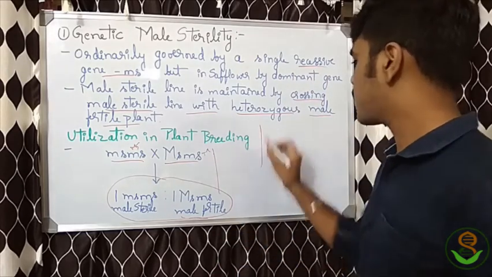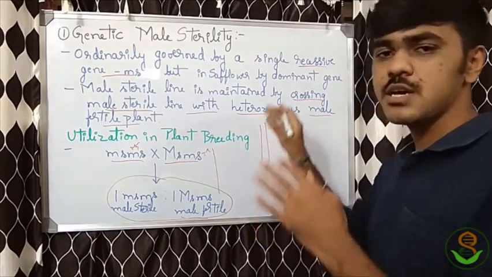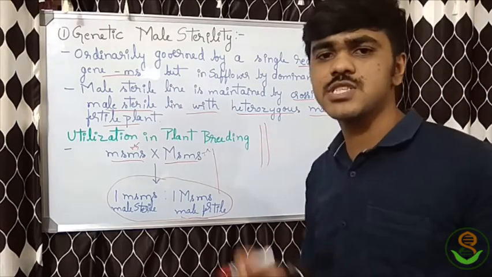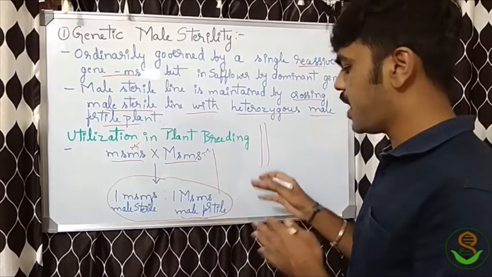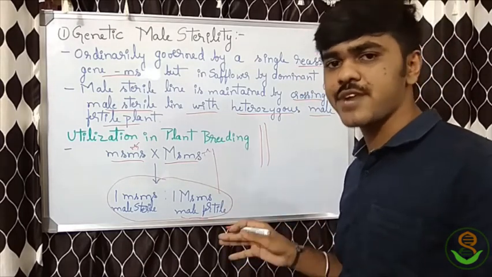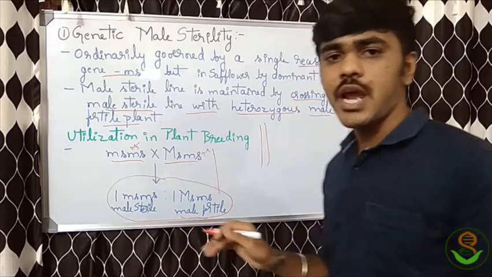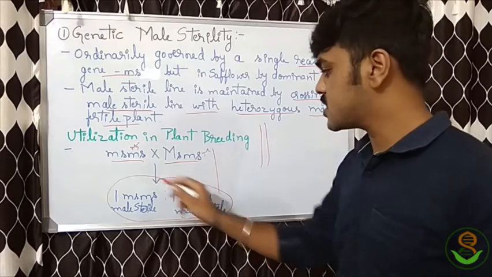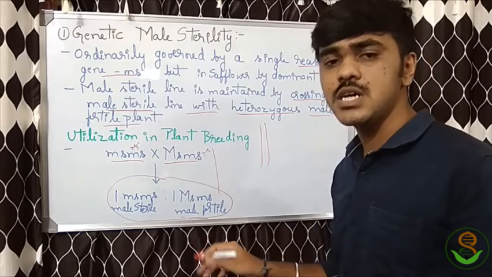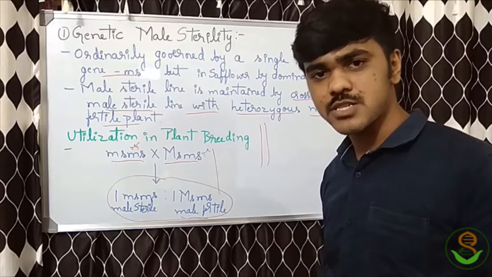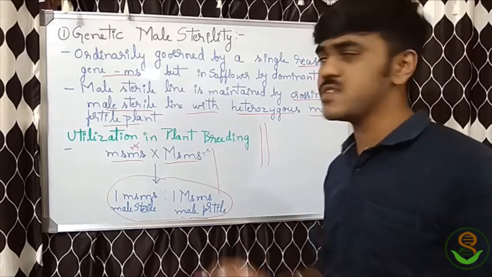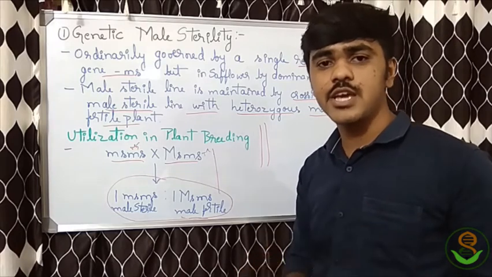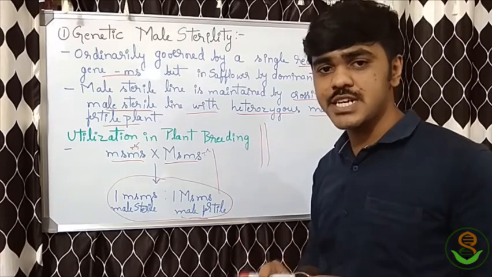See, in this plot they use this as the female plant, and in between, in a certain ratio, the male fertile plant, the heterozygous fertile plant, will also be used, and that is the pollinator here. But the female plants that we plant here contain male fertile plants also, right? So this is the problem with this genetic male sterility system, because here you have to find which is the fertile one in later stages.